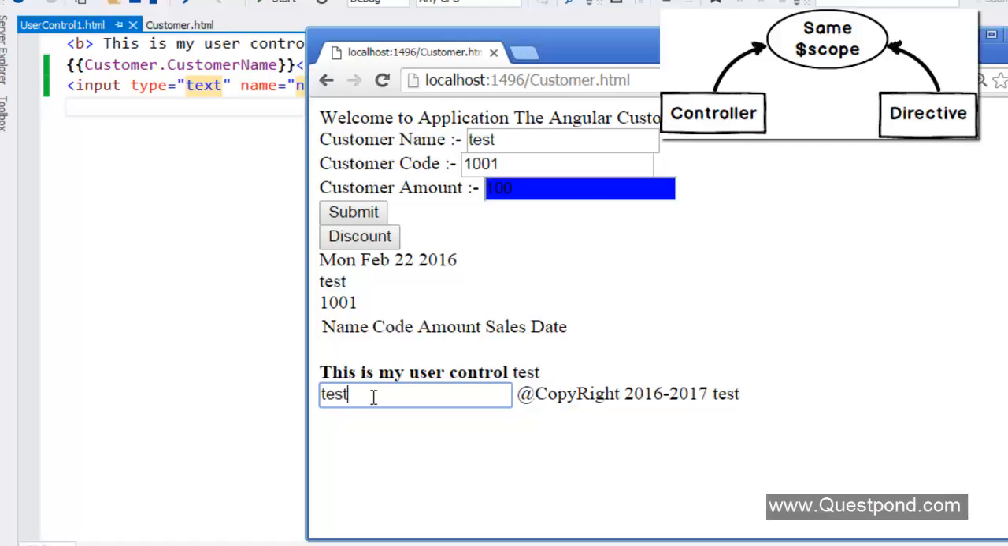Now, probably for some scenarios this is good to have, but for some scenarios you don't want this. You want the scope of the controller to be different and the scope of the directive to be different. In other words, you would probably like to have an isolated scope. So scenario one: by default, the directive and the controller share the same instance. But in case you want to create an isolated scope, then what you need to do is